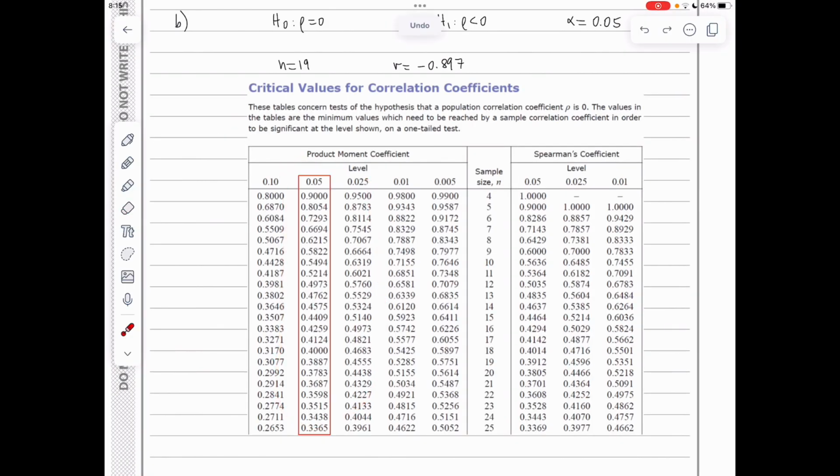So I'm looking in this column, and we've got a sample size of 19. So the critical value is the value here, 0.3887. We're looking for a negative correlation, so the critical value is negative. So critical value is minus 0.3887, and this is what we will be using to assess whether we've got enough evidence to reject the